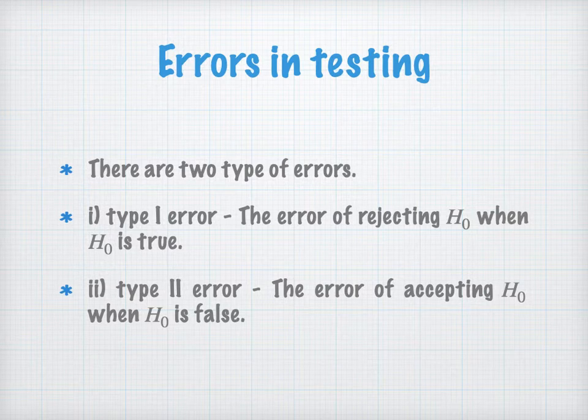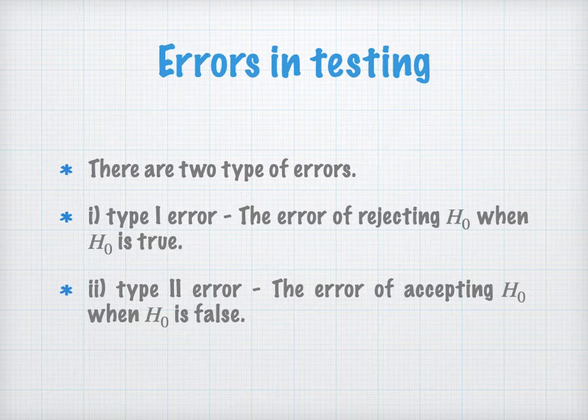It is the error of rejecting the null hypothesis when the null hypothesis is true. That is, when we reject a true null hypothesis, that error is called the type 1 error. Next is the error of accepting H naught when H naught is false, that is, accepting a wrong null hypothesis. The error that happens if we accept a false null hypothesis is called type 2